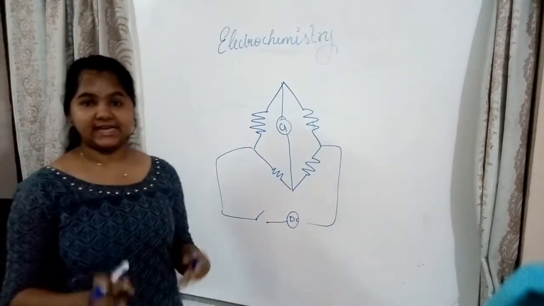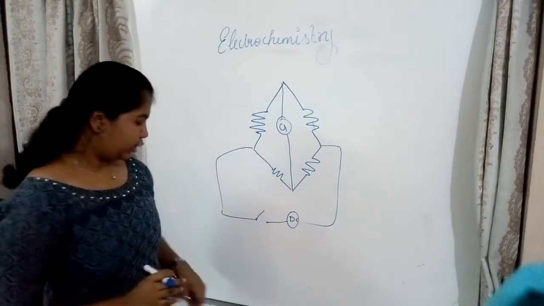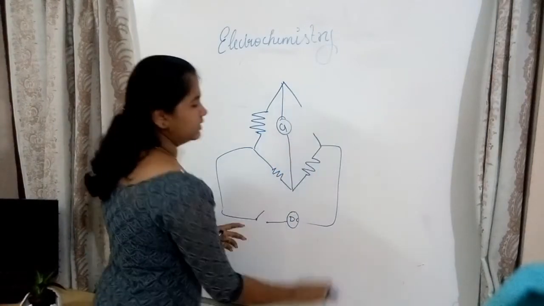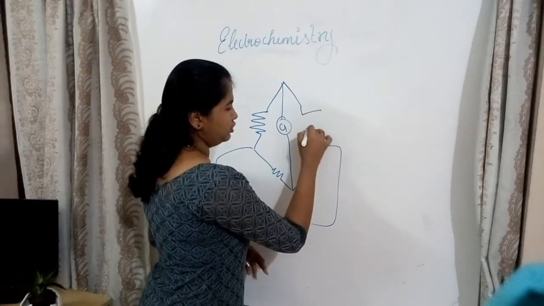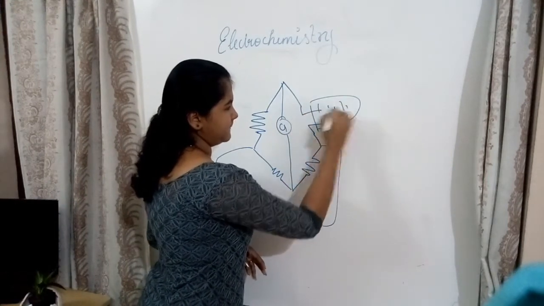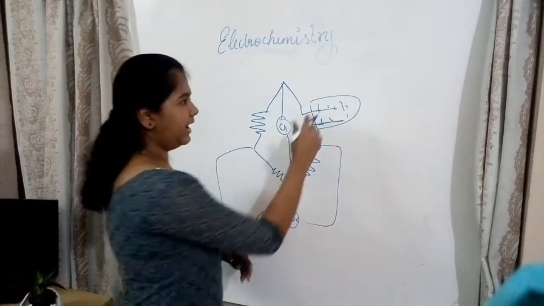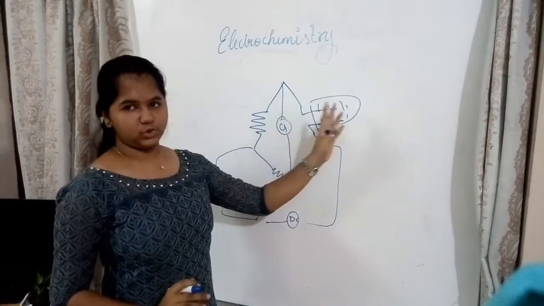Now what did I tell? We have to determine the R value. How do you determine the R value? You remove one of the arms of the Wheatstone's bridge and put the electrolyte there. So now the electrolyte is over here. This is the electrodes, this is the conducting cell and this is the electrolyte. So now we've made a change over here.